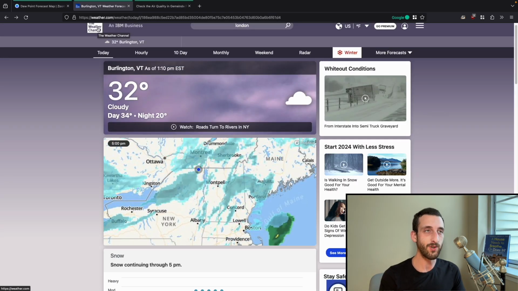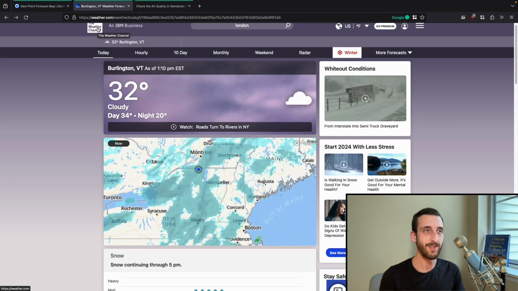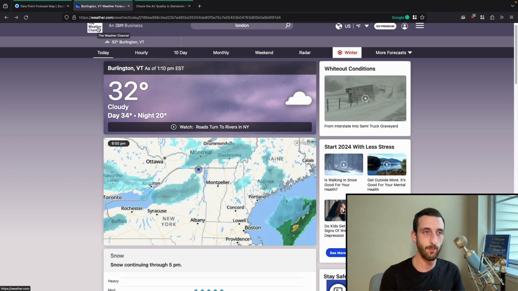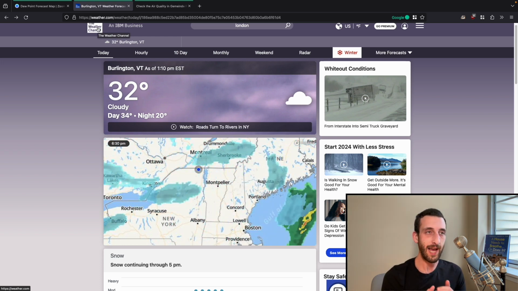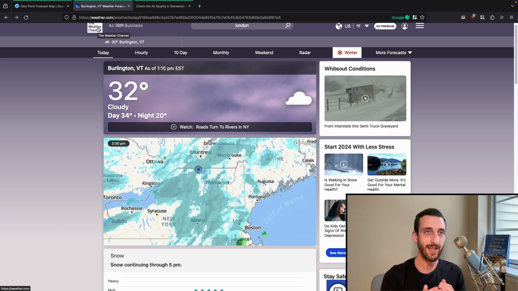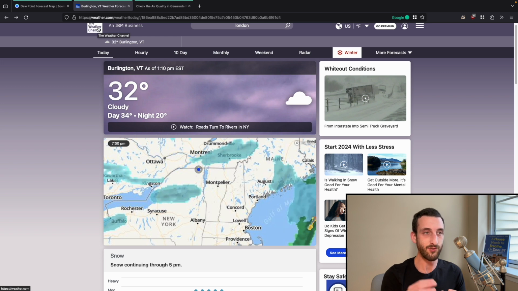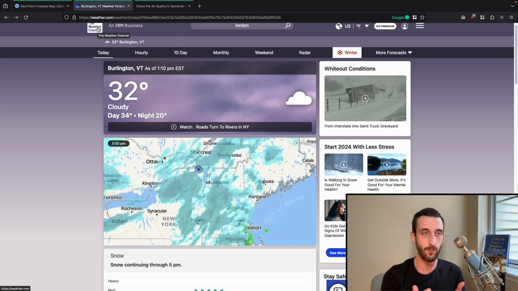My favorite resource for standard weather forecasts is the Weather Channel website and app. I like to use the app on my phone. The app does have ads, but I'm okay with that because it is by far the most accurate weather app I've tried. And I've been trying every single one I can for the past 10 years.